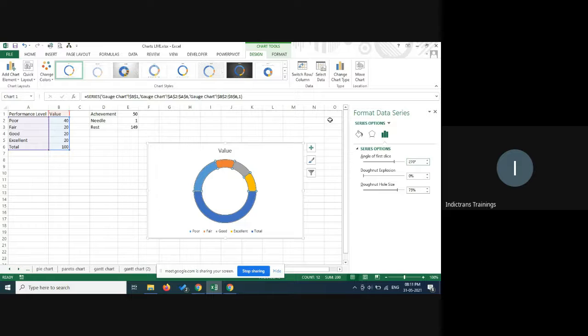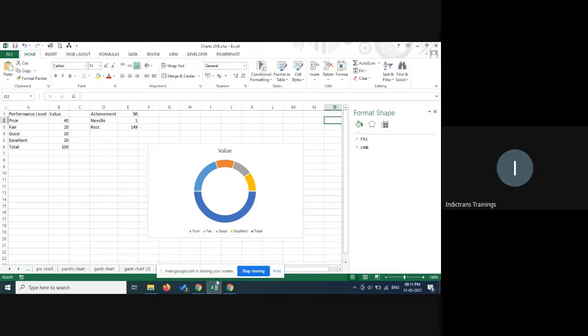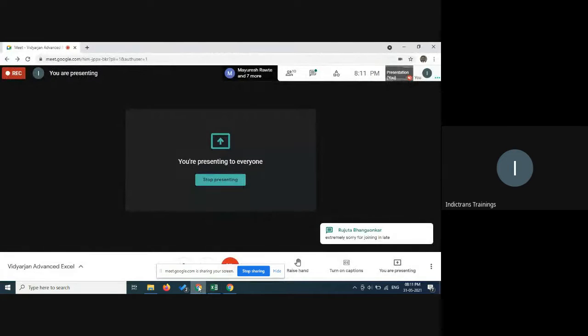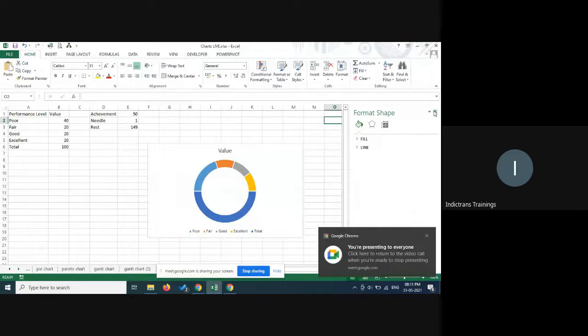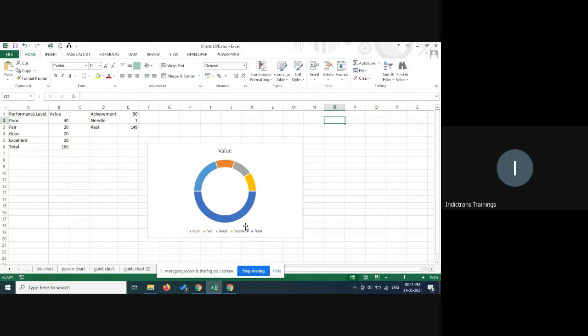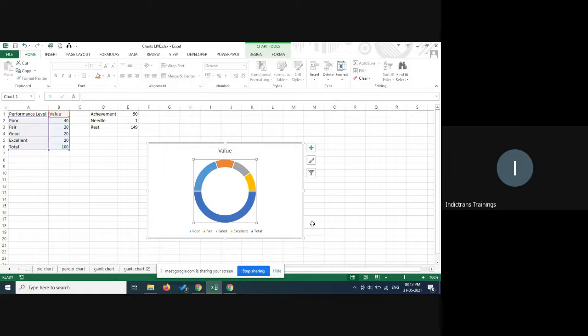So what is happening now is that you see this chart. Oh, no problem, Ruchita. We just started now, so you can follow along. I want you to follow it because you may miss some point later. So what we've done is we just got a donut chart for the data over here. This data we have put into a donut and we just changed that to 270. So what we got here is this kind of a thing.